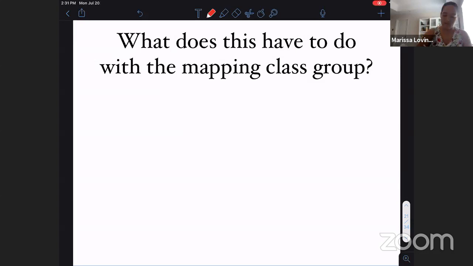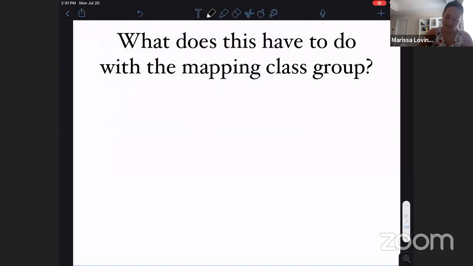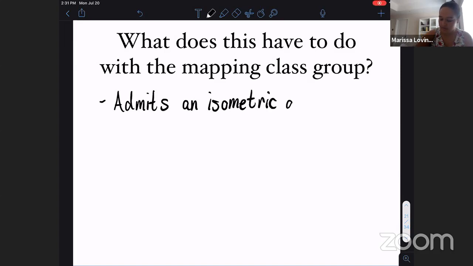Okay, so let me just write down. Oh, let me not be in red anymore. So why does this have something to do with the mapping class group? Well, because the curve complex admits an isometric action